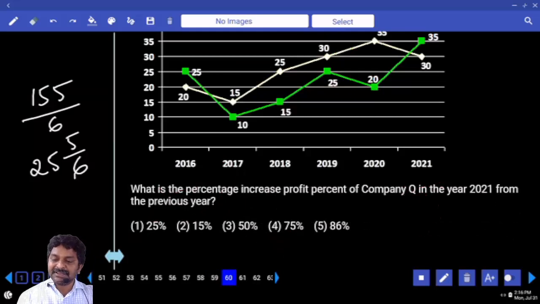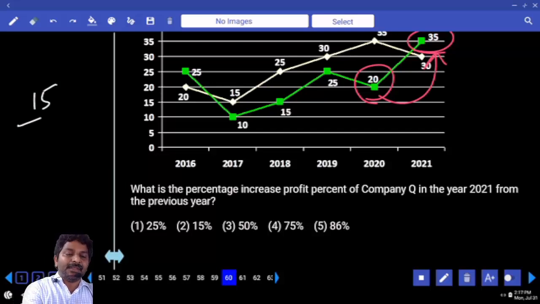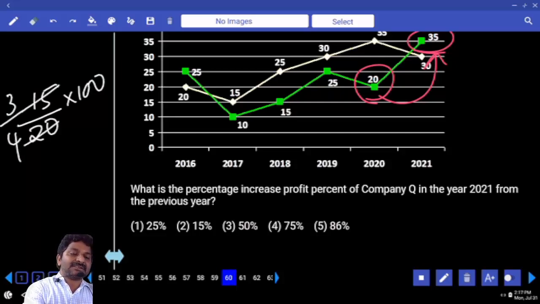What is the percentage increase in profit percent of company Q in the year 2021 from the previous year? Q in 2021, what percent of profit is made? With respect to the previous year, it was 20 only, right? If 20 becomes 35, the increased value is 15 upon 20 percentage into 100. This is 3 by 4 only. 3 by 4 fractional value,